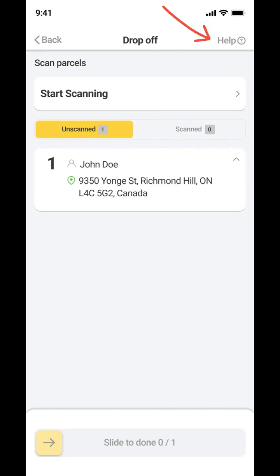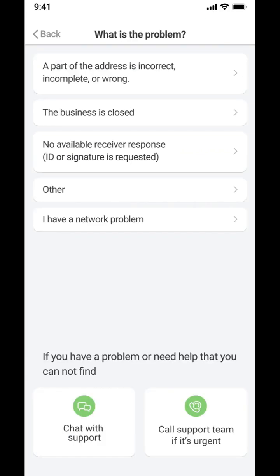Tap on the Help button on the top right corner of the app when you're at the recipient's location. Choose the most appropriate option that caused the failed delivery. If the address is incorrect or incomplete and the problem is unsolvable by contacting the recipient or the recipient isn't reachable, if it is a business location that is closed at the time of delivery,